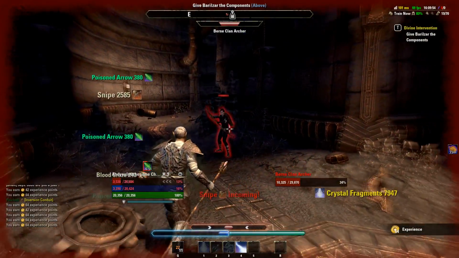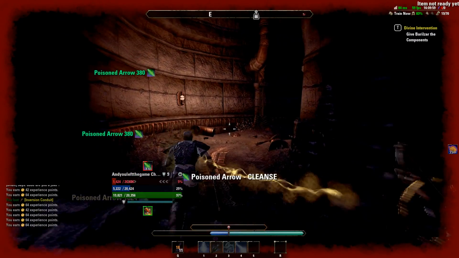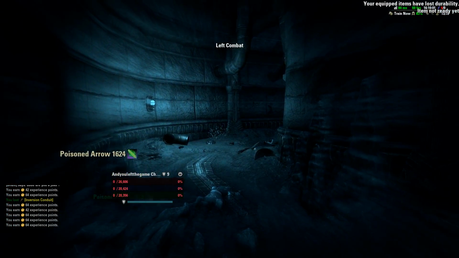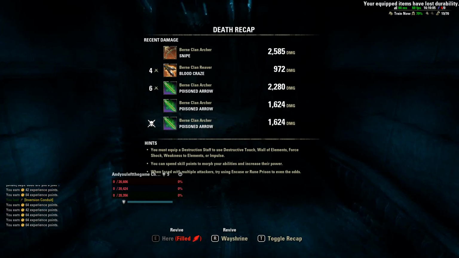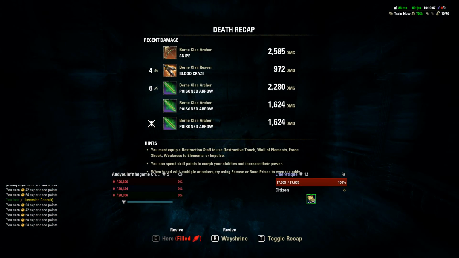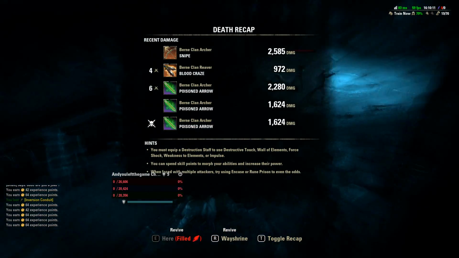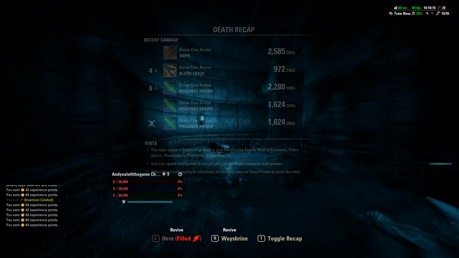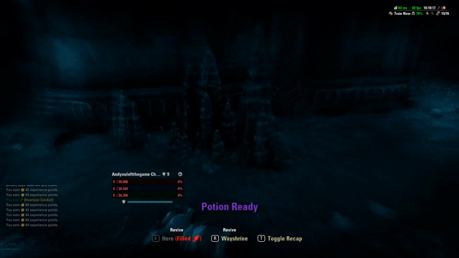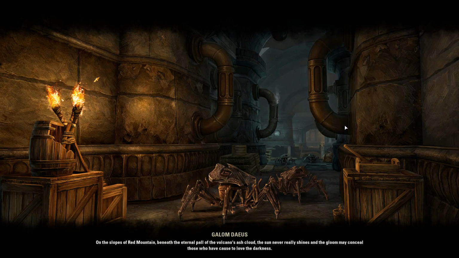So that's the thing. Oh no, I need a potion. Come on, drink the goddamn potion. Let's get... Oh no, he couldn't survive. Alright, alright. So I can't revive here, and I can only revive. What's a toggle recap? Okay, I can just turn it off. So those